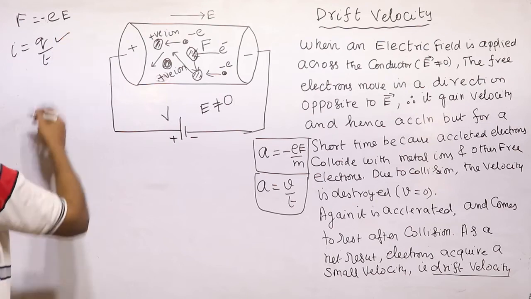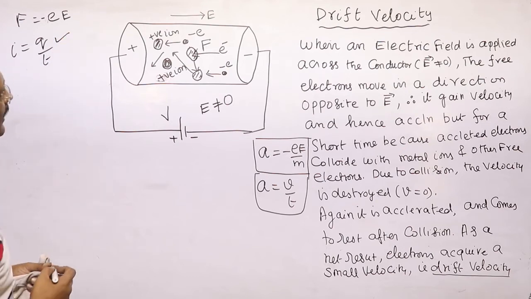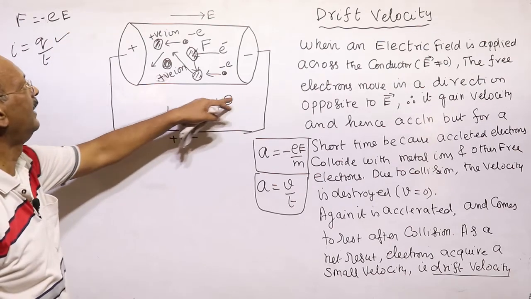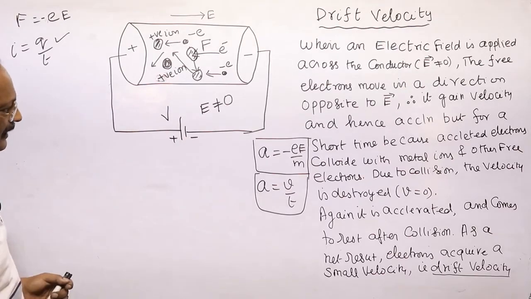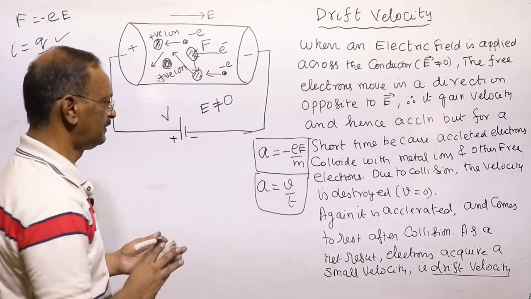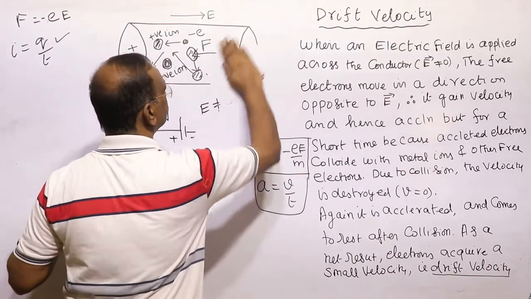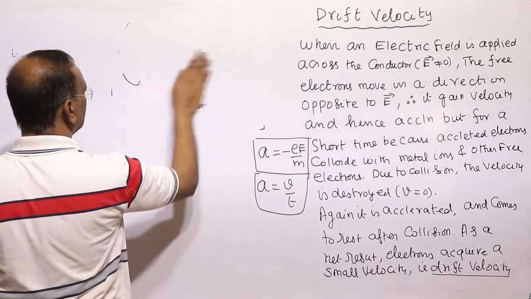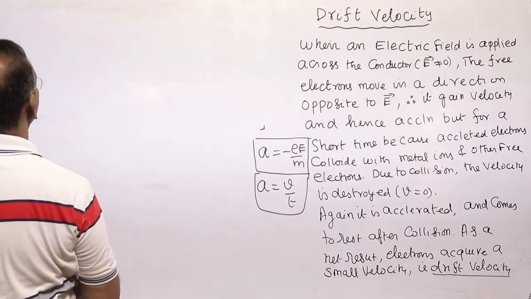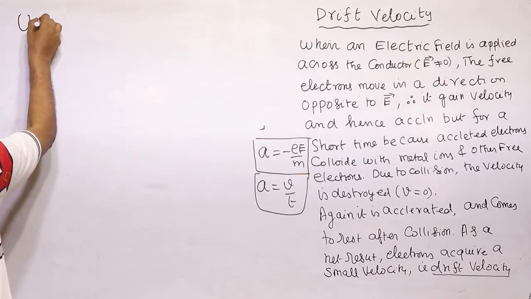It constitutes a current. That is the flow of electric current from one end to another end of the conductor constitutes an electric current. Now we have to derive the expression for drift velocity. An electron has two types of velocity. One is